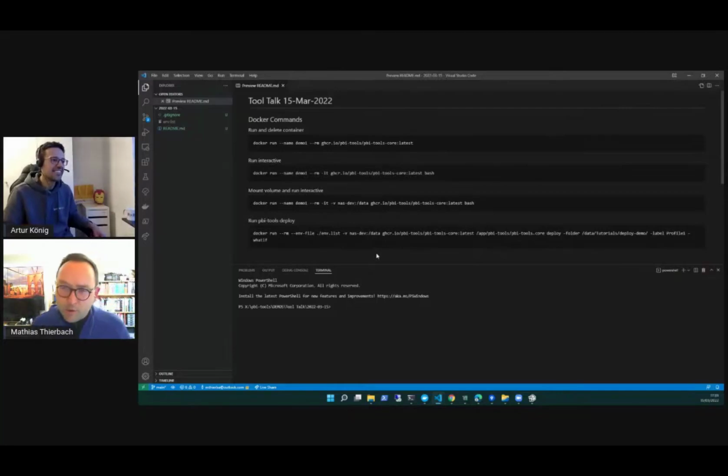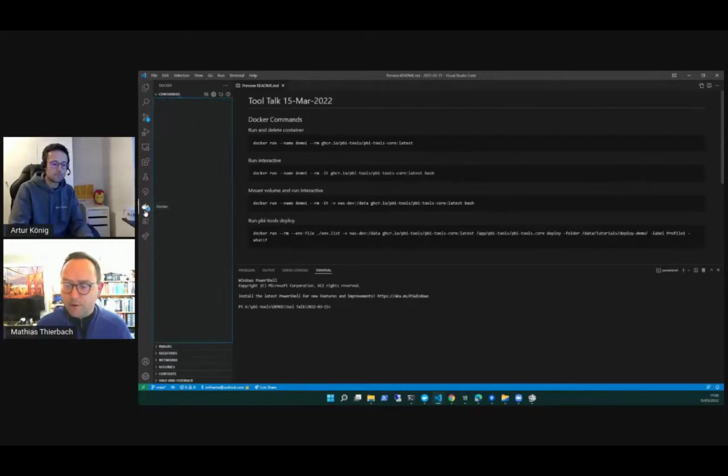And it would be good in terms of feedback to hear how much tutorial and getting started content people would like to see. I've created a list of some example Docker commands here. As usual, I'm using VS Code, and I can only heavily recommend to install the VS Code Docker extension,